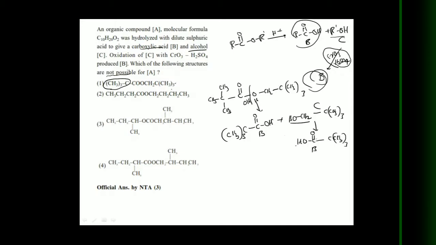So here A is possible. So like that. Next, in this case CH3, CH2, CH2. Here we will get the carboxylic acid like this. So how many carbons here? 1, 2, 3, 4. Here 1, 2, 3, 4. Here CH2OH again, on oxidation is converted to COOH. That means it is butanoic acid, and it is also butanoic acid. So this one is also suitable.